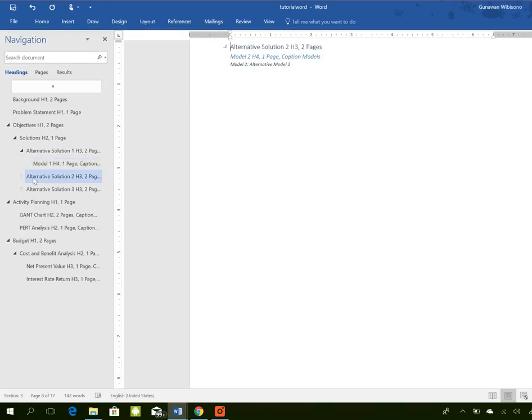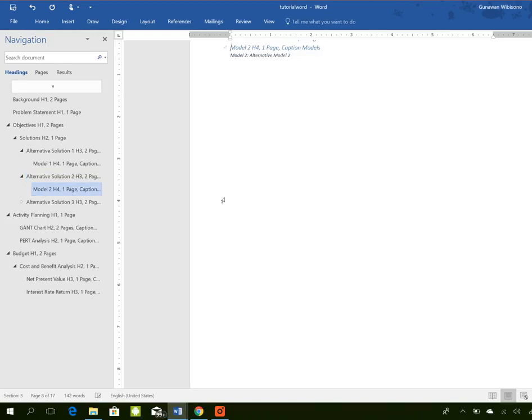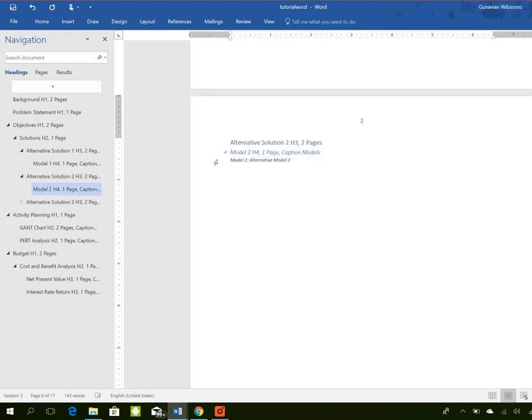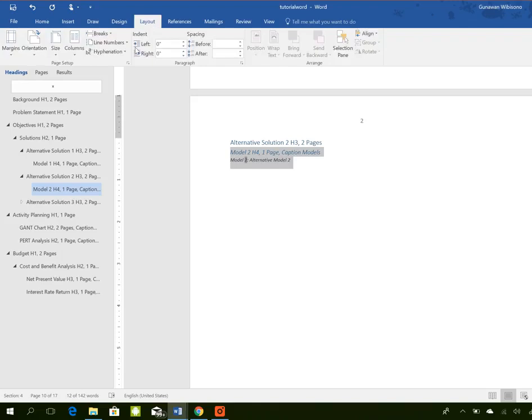Let's go to another model, this one. I'm going to change only the model title here into a landscape one. What I'm going to do is to highlight all the things that I want to change into landscape. Go to layout, expand the page setup ribbon,